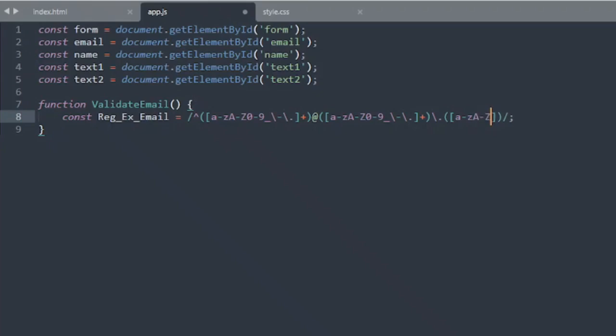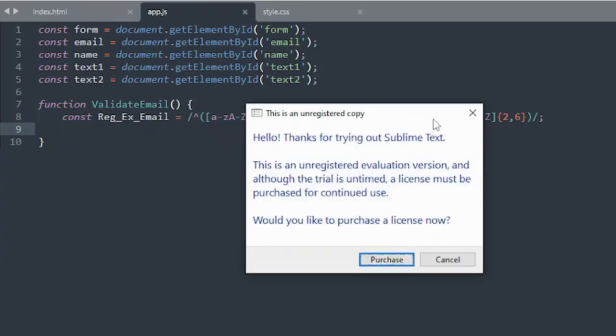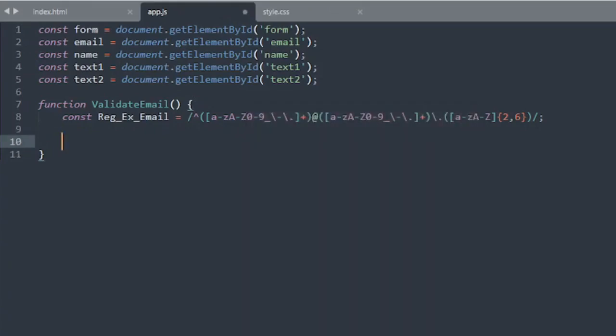Okay, but then I want it to have a certain amount, so a minimum of 2 and a maximum of 6. So .com, .ru, all of those, but it's not going to be too long. Okay, then once we're done with that, you can control save if you want. And then in our function, we're gonna have an if